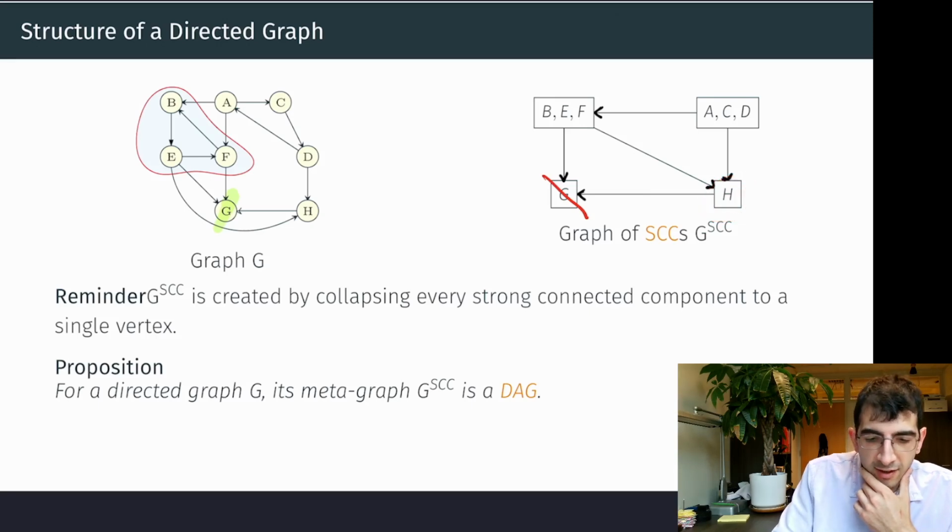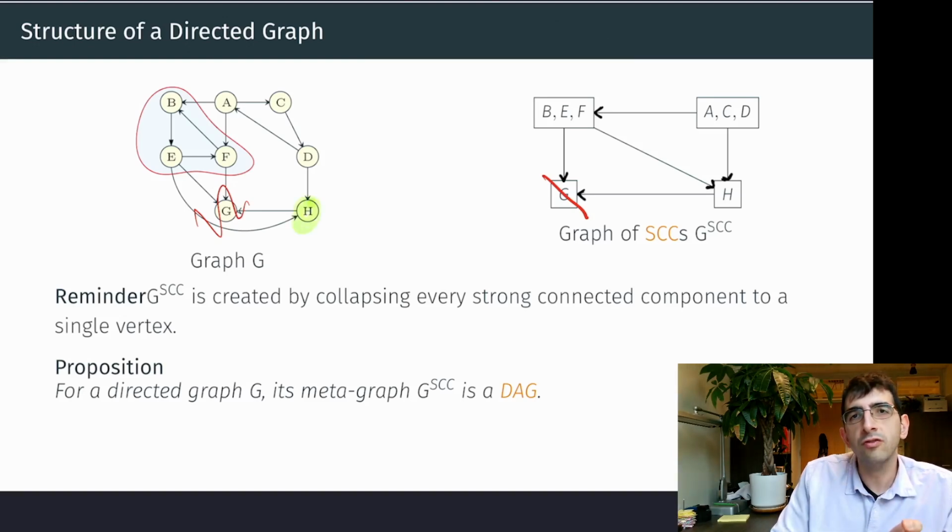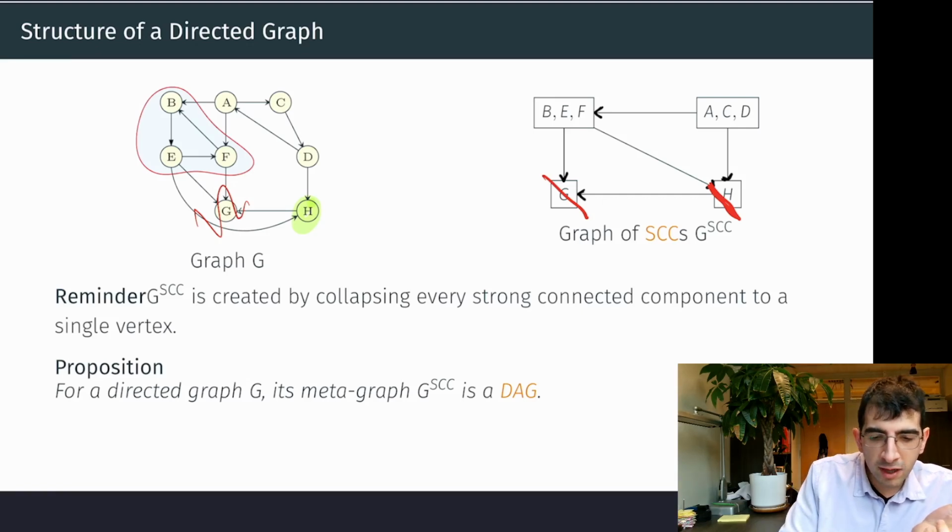Okay, let's run DFS on H without G there. And if we run DFS on H without G there, again, we only visit H. Okay, then we remove H, and now BEF becomes a sink of the metagraph. And so if we run DFS on BEF,